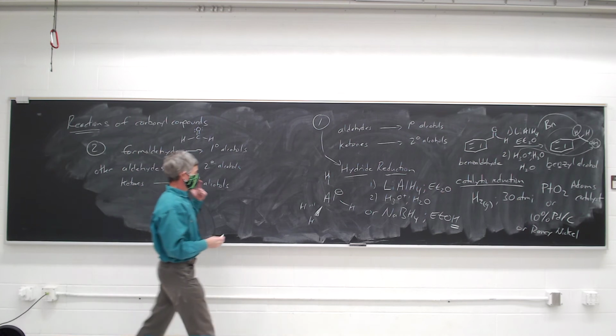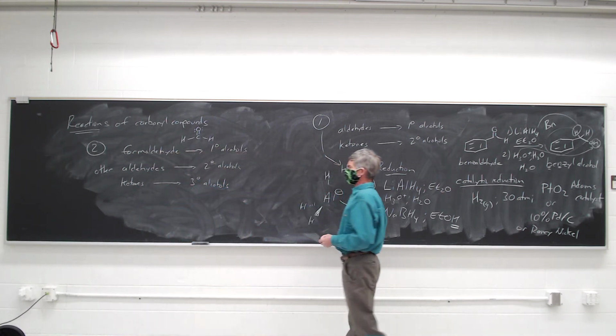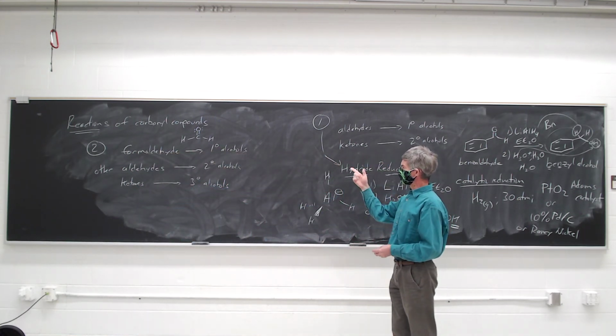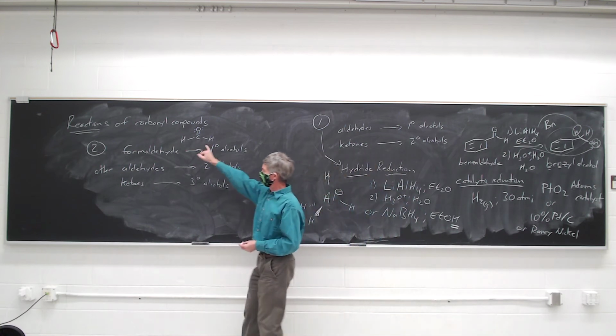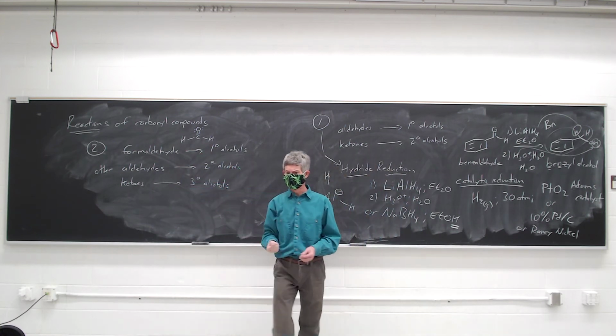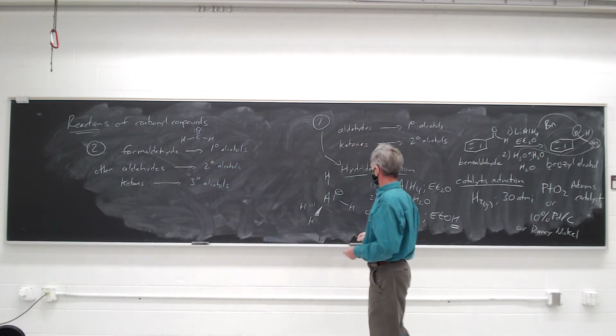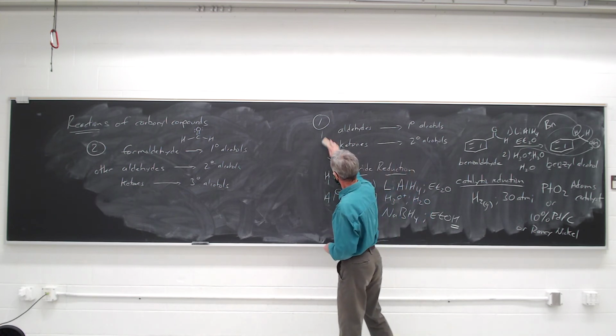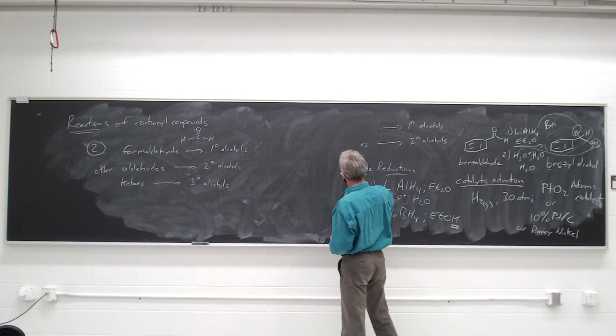So what reaction is it that enables us to make primary, secondary, or tertiary alcohols from formaldehyde, other aldehydes, and ketones respectively? Very nucleophilic acyl. And it's a very important reaction